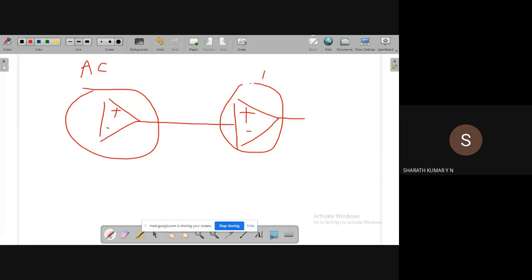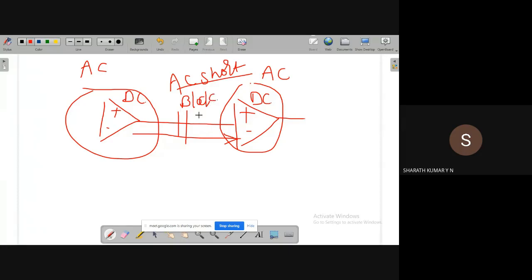Though both are AC amplifiers, we have just understood that there exists a DC component in each amplifier, even in the AC amplifiers. We want to prevent the DC component from reaching the next stage. How to do that? Use a capacitor, because we know that a capacitor acts as an AC short, and it blocks DC. There is an advantage, of course; a capacitor is used for many purposes. One of the advantages is that it blocks DC.